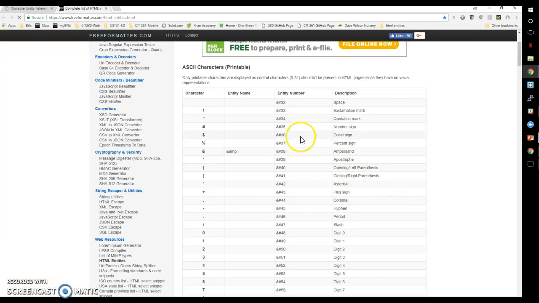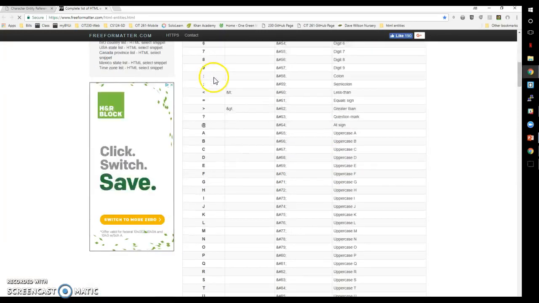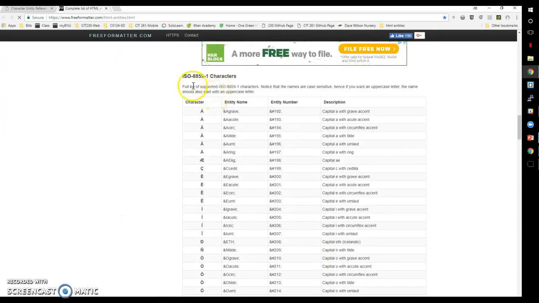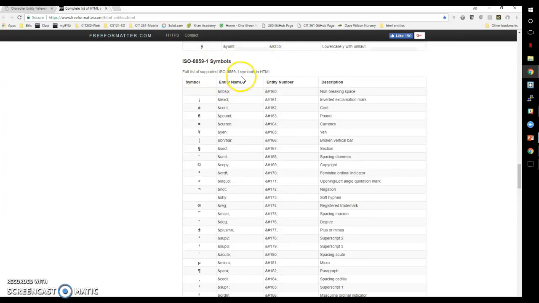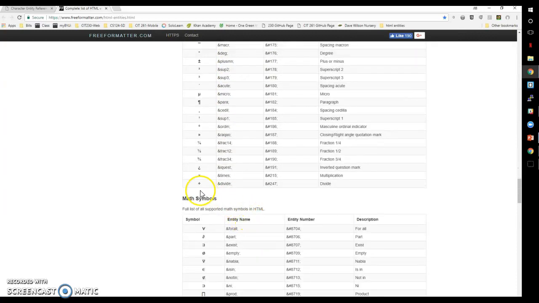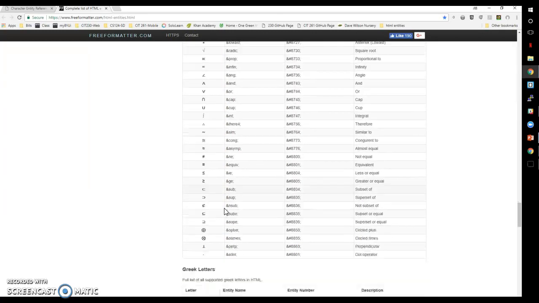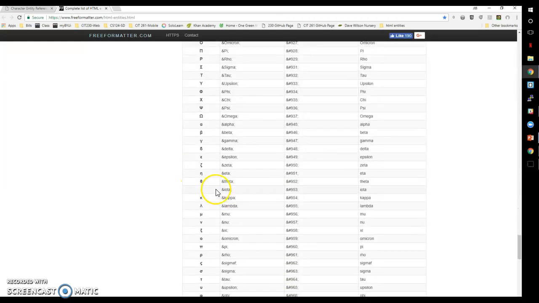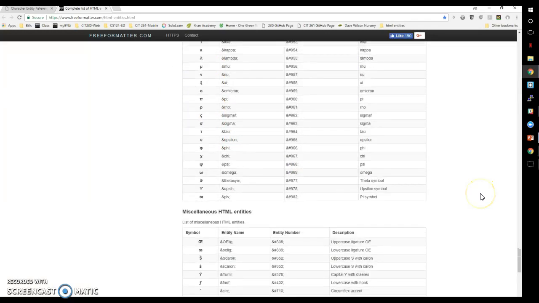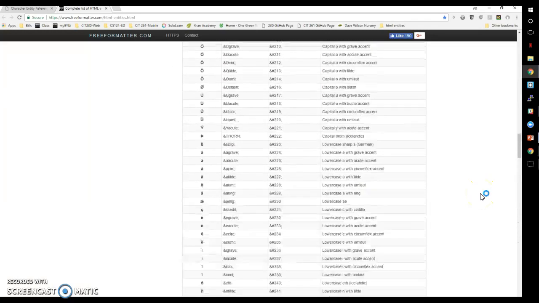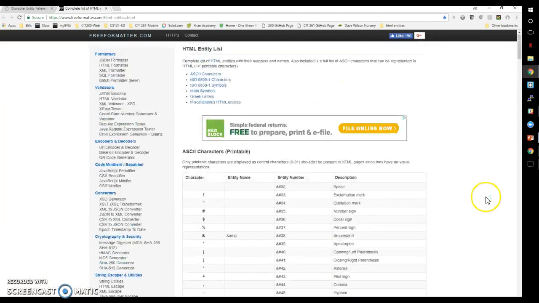These are also separated into categories. So here we have our ASCII characters. And if you scroll down, here are our ISO 8859-1 characters. And you can see symbols that include different currencies, math symbols, and Greek letters. There are all sorts of different entities that you can use to enhance and better communicate what you're trying to portray